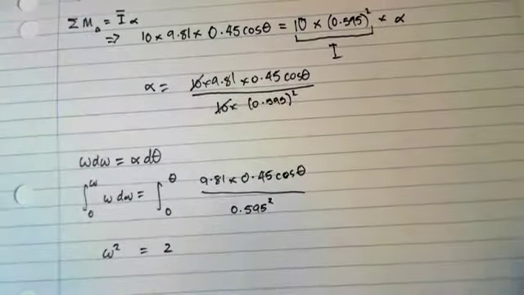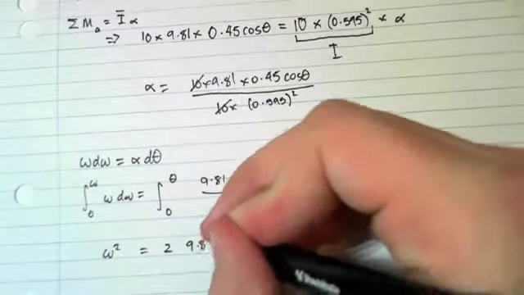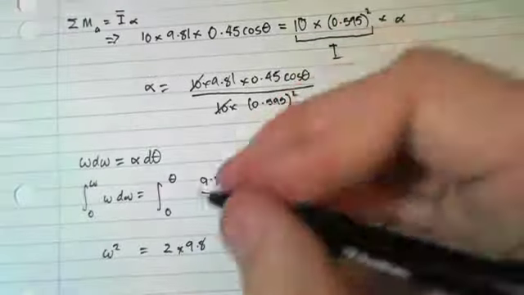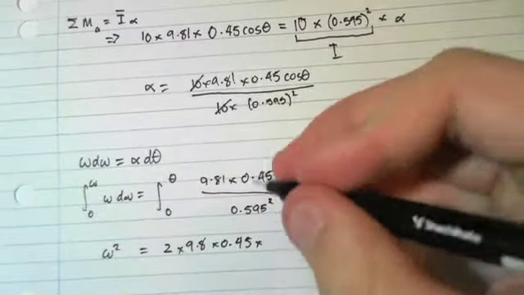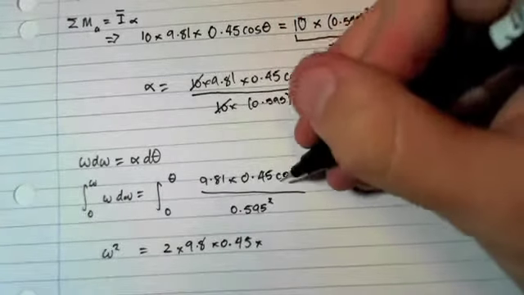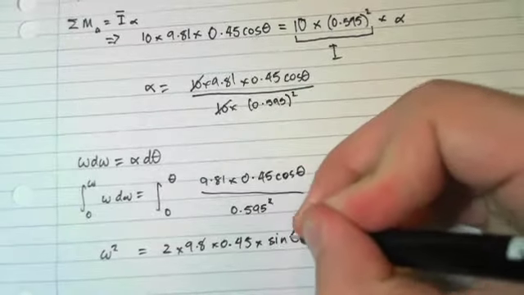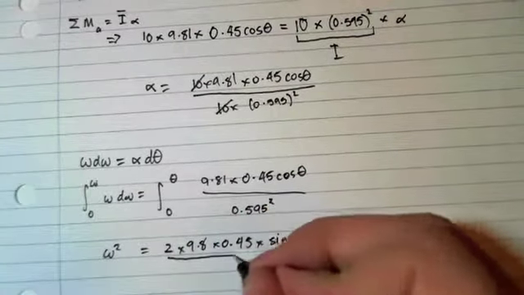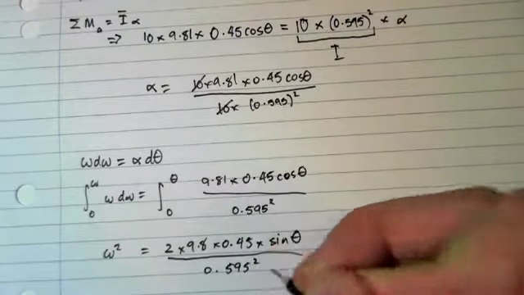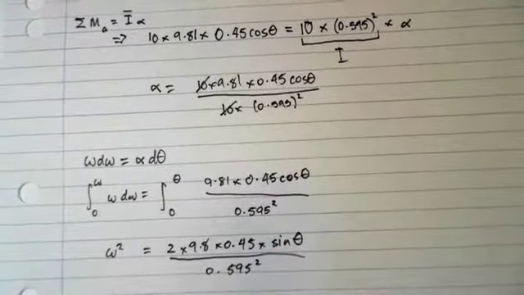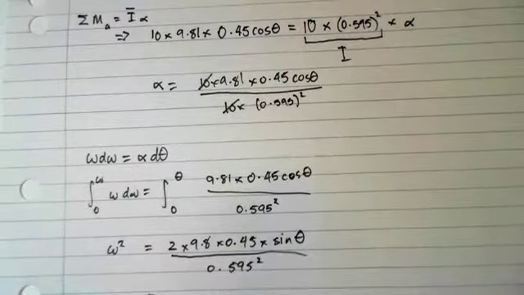So we end up getting 2 times 9.81 times 0.45 times sine. When we've integrated with respect to theta, we end up getting sine of theta, so sine theta over 0.595 squared. Now when we substitute in theta equals 45 degrees, we end up getting,